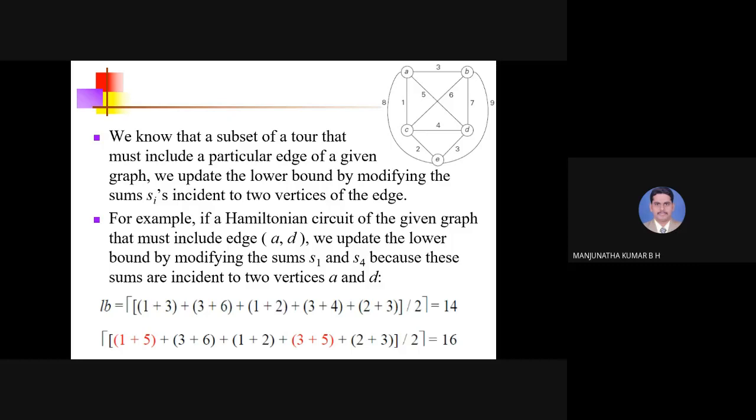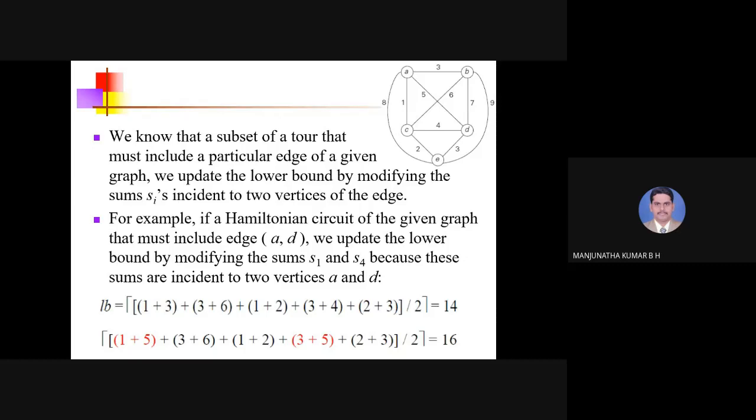Now observe here, city A: take the nearest two vertices for city A. Obviously it is B, C and D only, that is 1 and 3. But here, after visiting A, I am visiting D. Now what I have to do, while I am considering the distances for city A, is take the cost of one edge, which is connecting A and D.